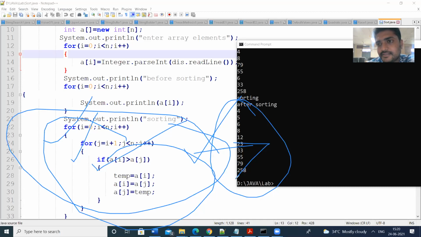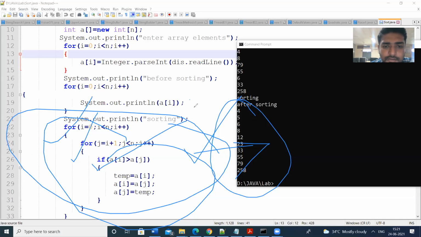Here binary search will compare the key value with the element value. If the key is equal to that element, the element is found at that position. If the key value is not equal, then it will repeat until the element is found. If you reach the end of the array, meaning all the elements are compared but the key value is not matched with any of them, then the key is not found. Like that we can perform binary search as well as bubble sort.